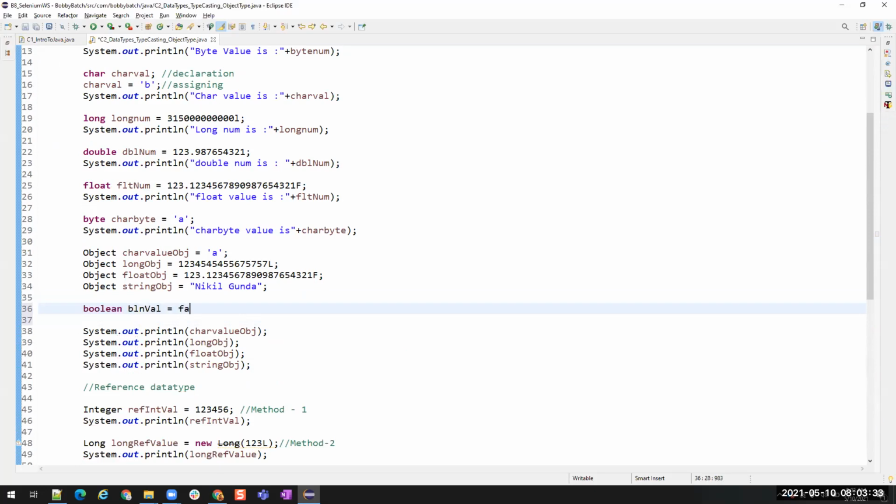Boolean value is false. You see, false and boolean have the same color. But this false is actually not a keyword. False is a literal, which has a literal meaning. This is not a keyword to Java, but this is a literal.